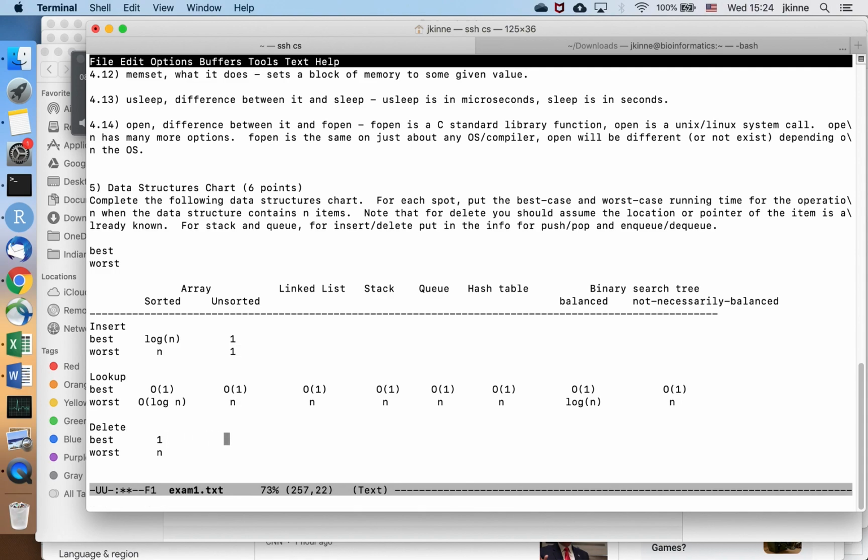For delete, what do we do? Let's say that we delete the last item. That's going to be constant time. You just decrease the number of items in your array. The worst case is also going to be constant, because